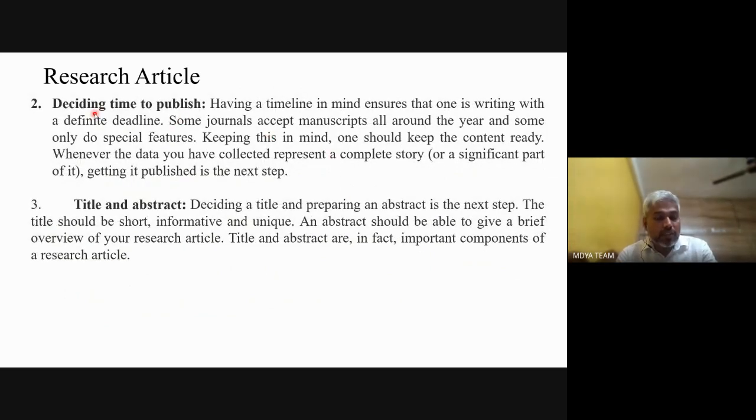The second thing in doing a research article is deciding the time to publish. Having a timeline in mind ensures that one is writing with a definite deadline. Some journals accept manuscripts all around the year. See, a manuscript means a document. The document in a particular format that you have to submit is called a manuscript. Some journals accept all around the year, and some only do special features. Keeping this in mind, one should keep the content ready whenever the data you have collected represents a complete story. It means in an article,